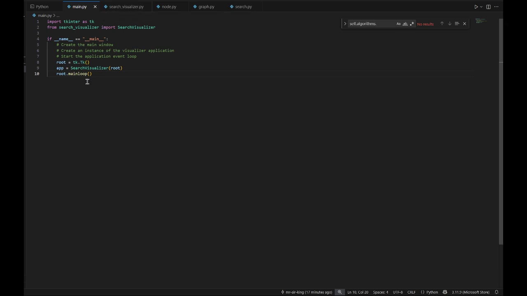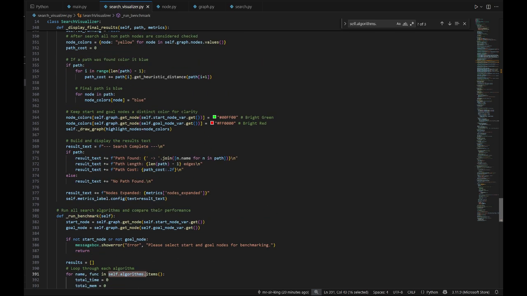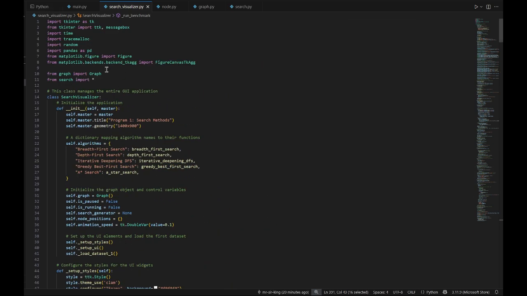We got the main file here. This is very similar to how I'm doing it in my 449 project, where I have a class for the visualization itself. In the visualization, it's using tkinter to make pretty much all the buttons, all the drop-down menus, all that, because that's very easy to do in tkinter. And it's using matplotlib for the graphs, because that's very easy to do in matplotlib. So using two